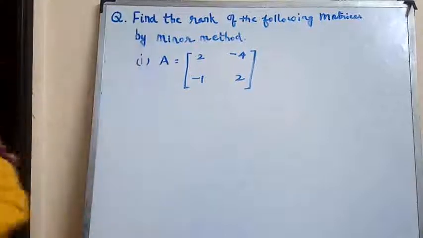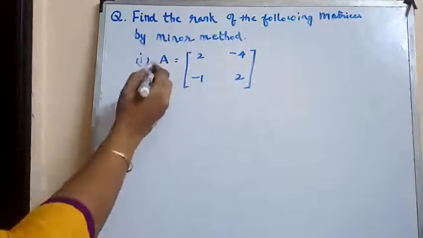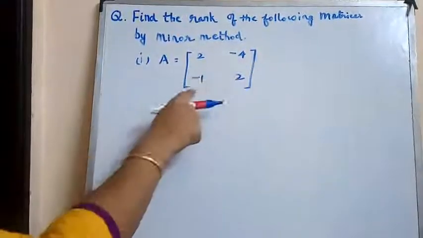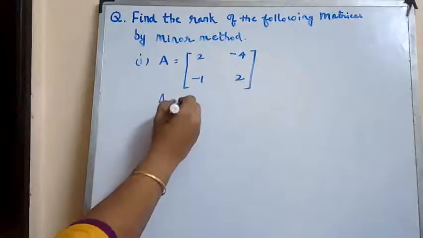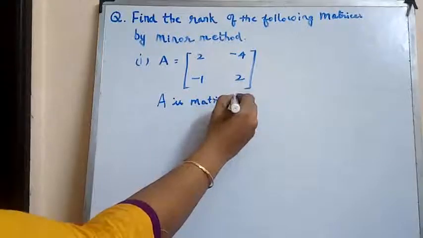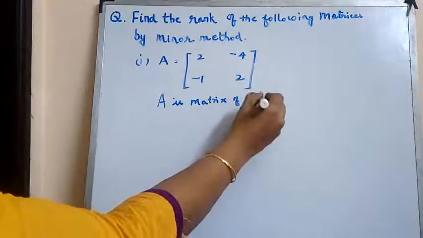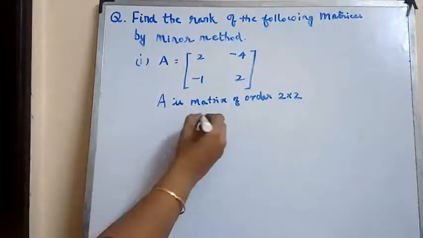Here we are asked to find the rank of the following matrices by minor method. So A is given to be [2, -4; -1, 2]. So A is a matrix of order 2 by 2. So rank of A